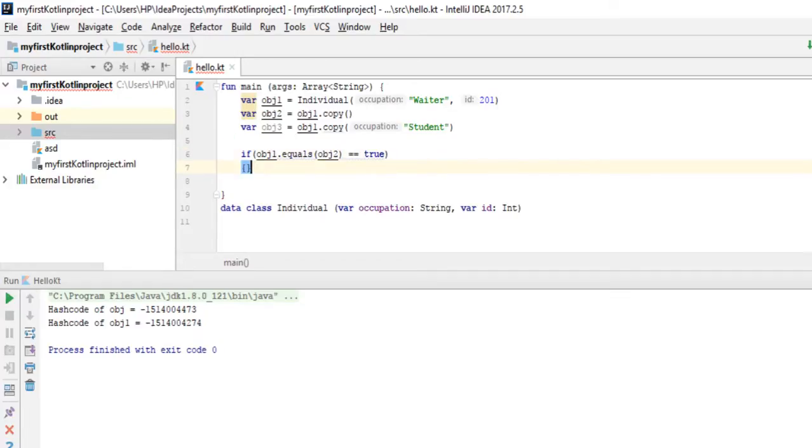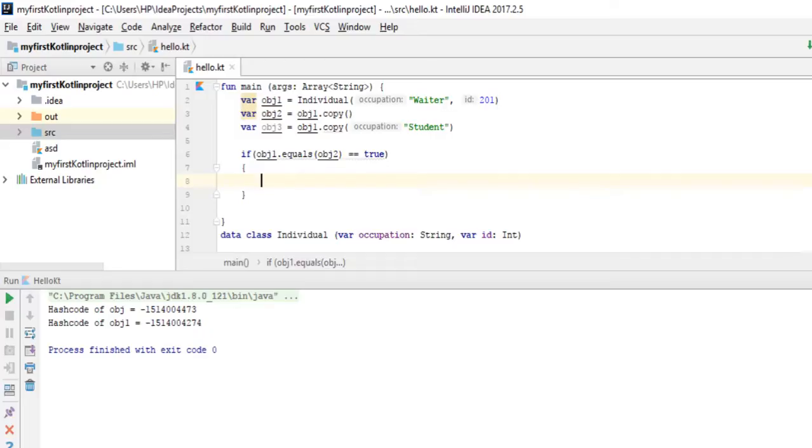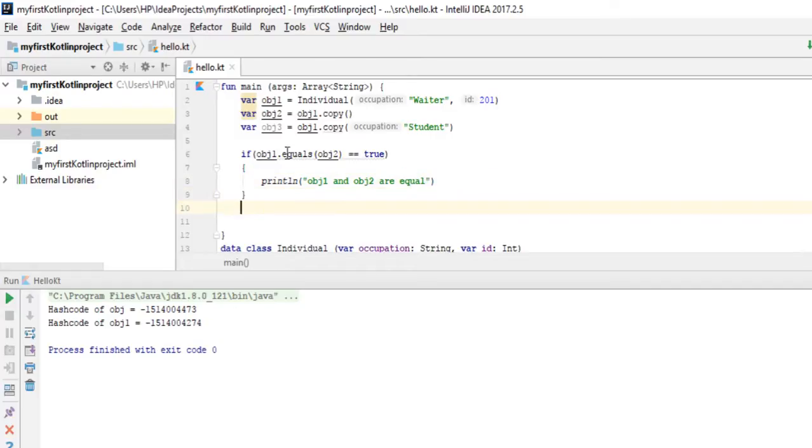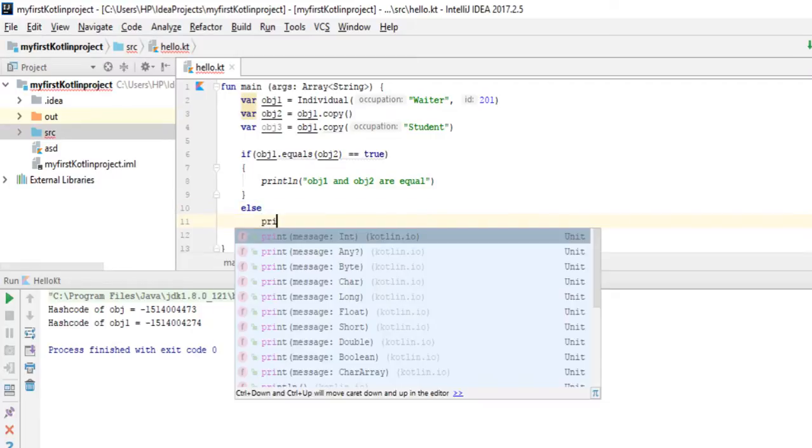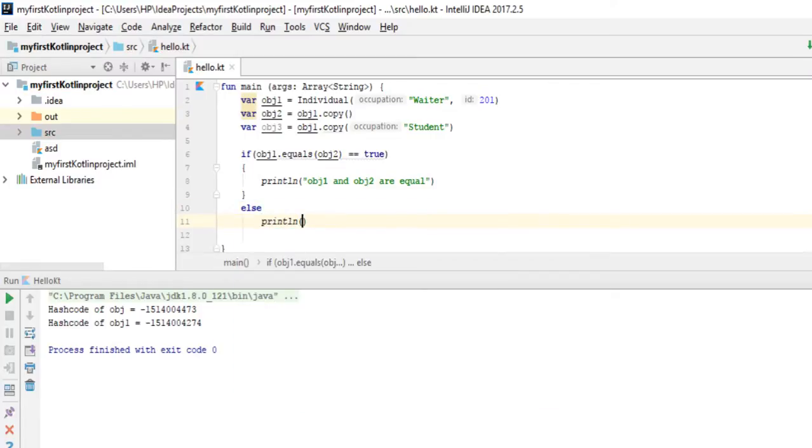So we will move to the body of the if statement, and inside if we will print object 1 and object 2 are equal. This equals method actually checks the hash code of these two objects and returns true or false on the basis of the hash code of these two objects. Else println object 1 and object 2 are not equal.